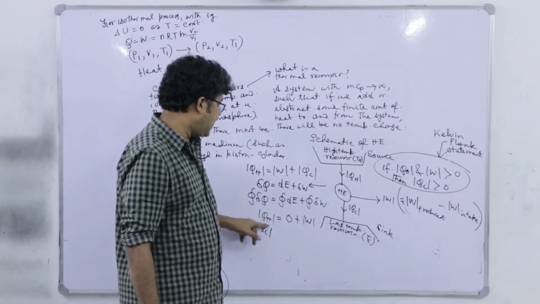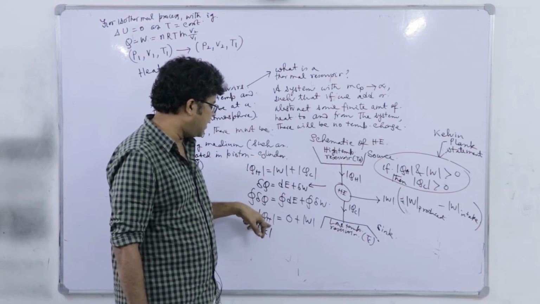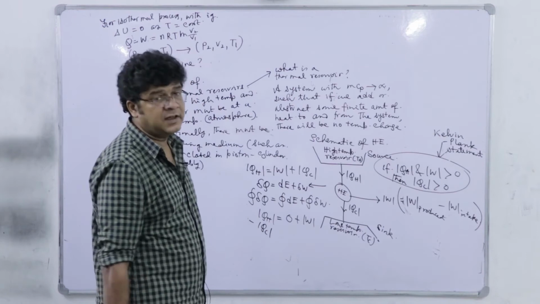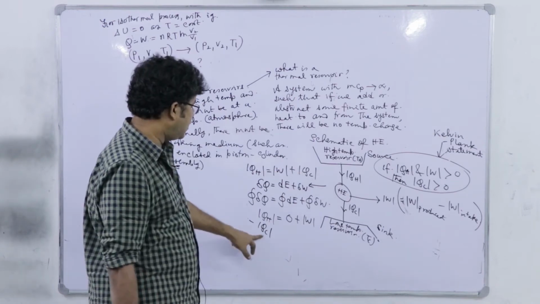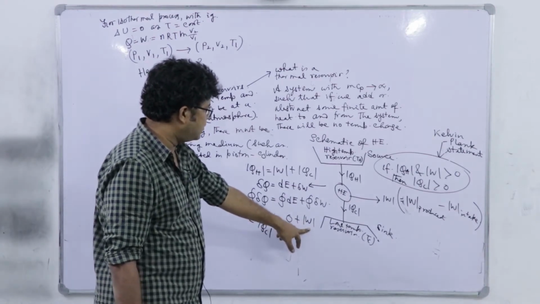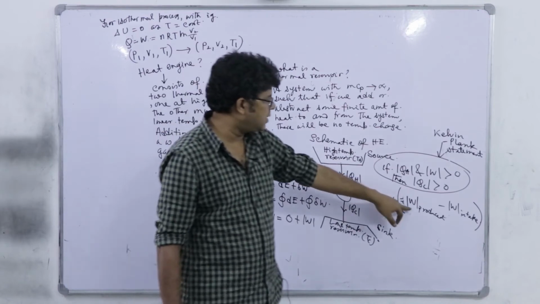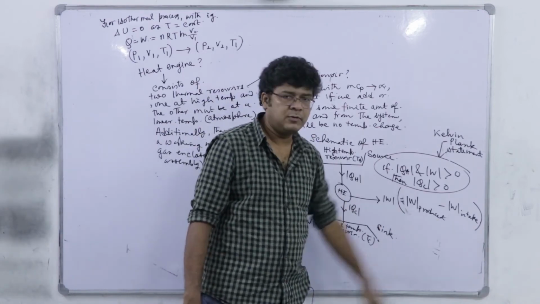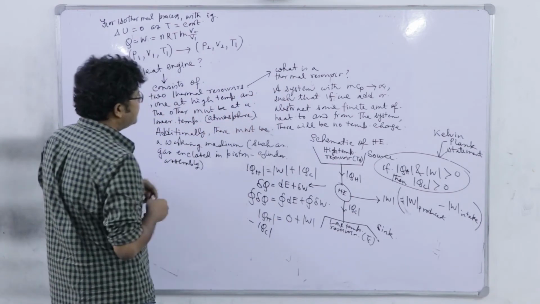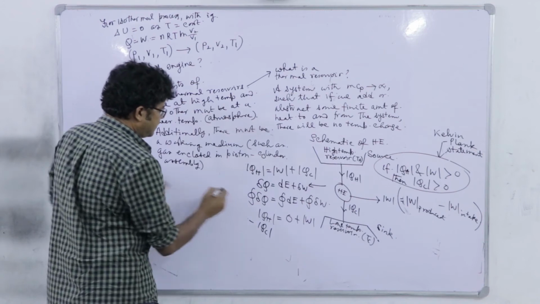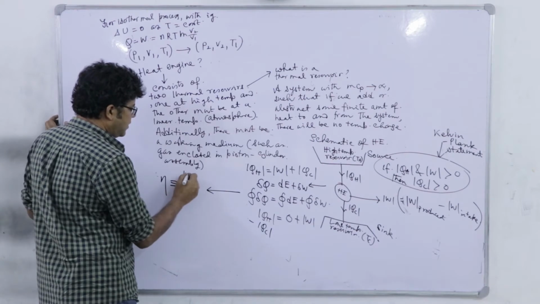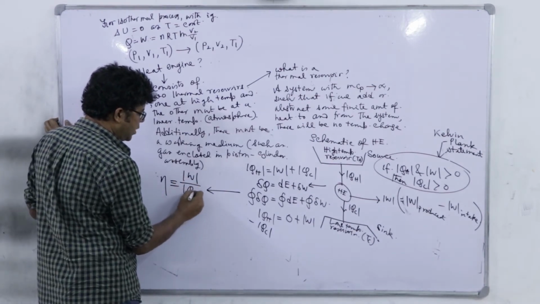However, the second law justifies that if it is operating in a cyclic process, this mod QC can never be 0 provided that mod QH and mod W are not equal to 0. So, mod QH minus mod QC is equal to the net work performed by the system, which is del W, alternatively the W produced minus W intake. So, from here we can define this performance rating parameter, efficiency, that is mod W by mod QH.